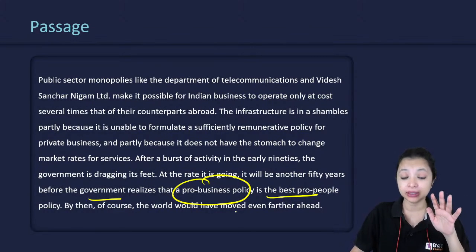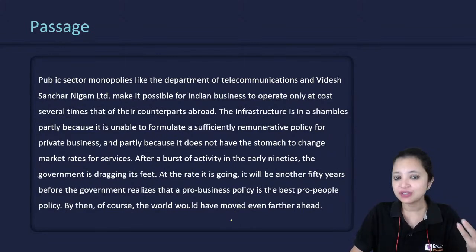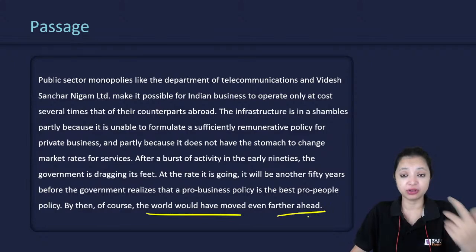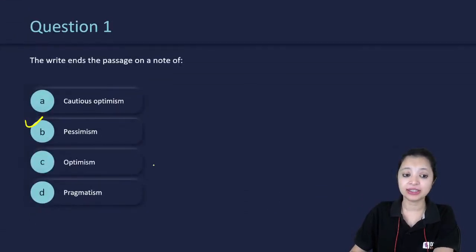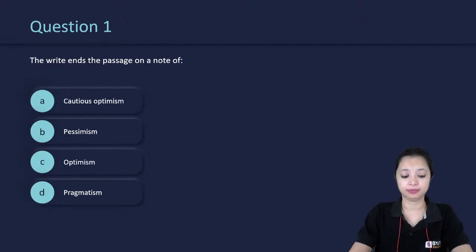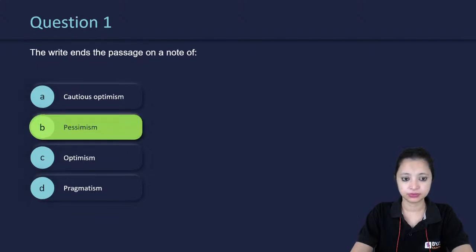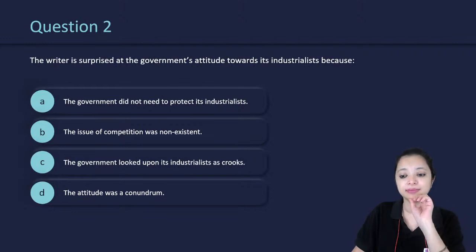That means the writer is not very hopeful about government bringing in positive changes. He is very pessimistic here. The world is moving very fast. We are very slow. We'll be left behind, is what he says. Thus, the correct answer has to be pessimism only. Okay, next question, everyone. The writer is surprised at the government's attitude towards its industrialists because